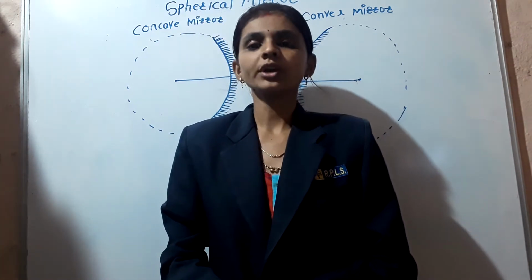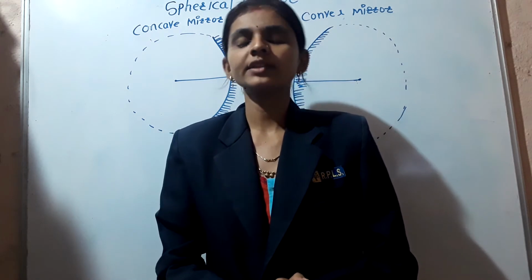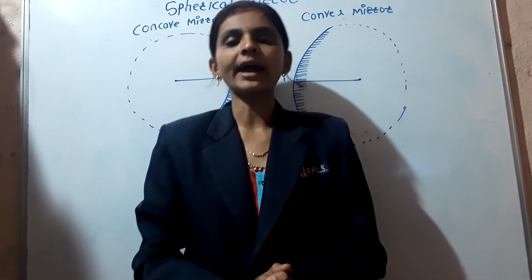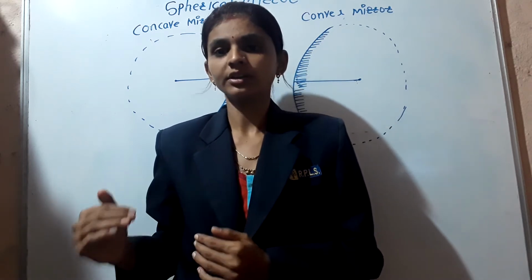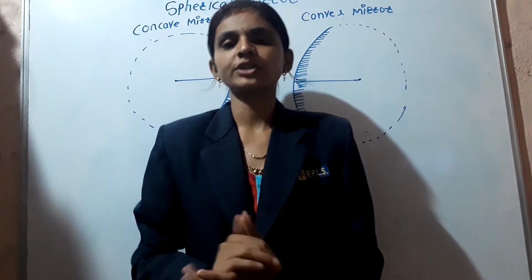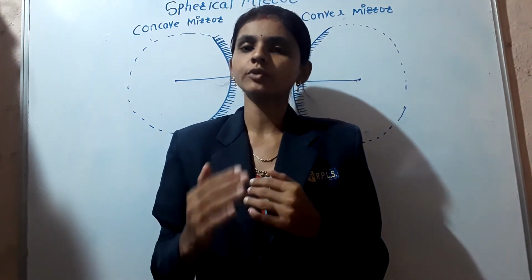reflection R. The angle between the normal ray and the incident ray is known as the angle of incidence, and the angle between the normal ray and the reflected ray is known as the angle of reflection. So the angle I is equal to the angle R. These two laws we already discussed.